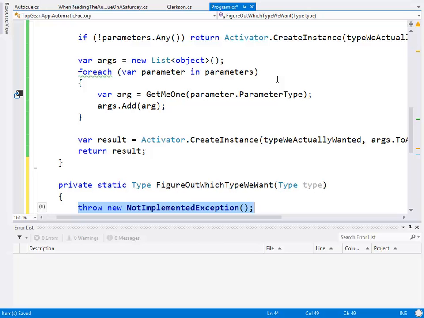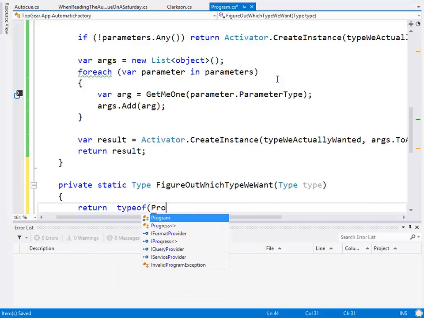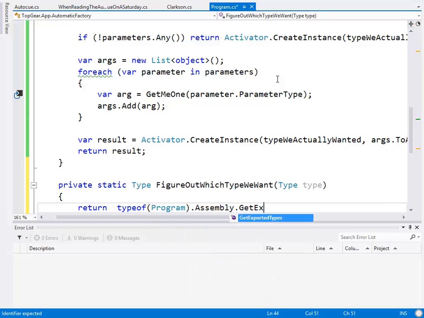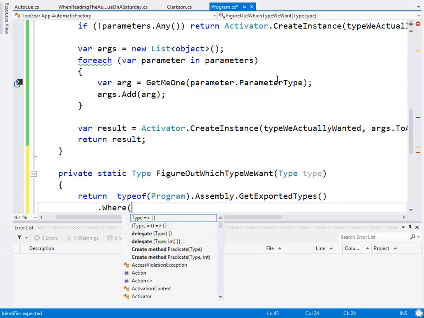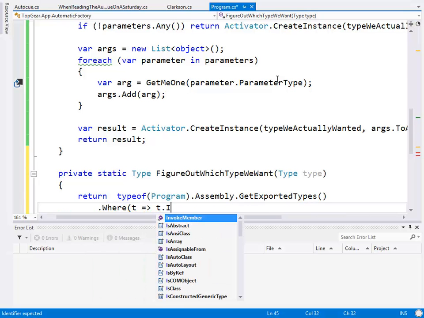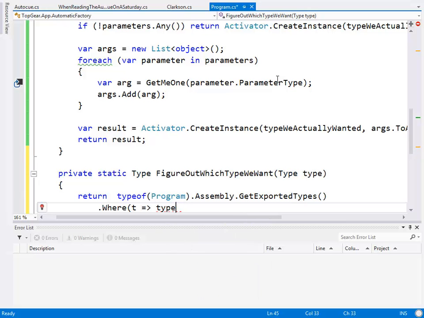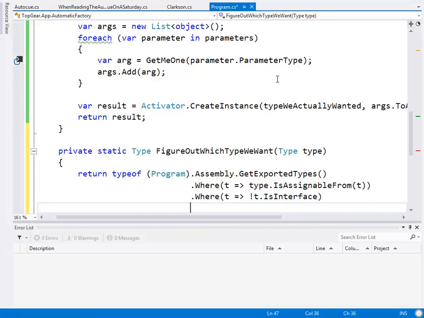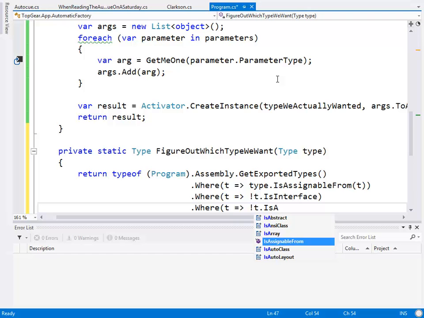It's going to return type of program dot assembly dot get exported types dot where type goes to type dot type is assignable from t, where t goes to not t is interface, oops, where t goes to not t is abstract